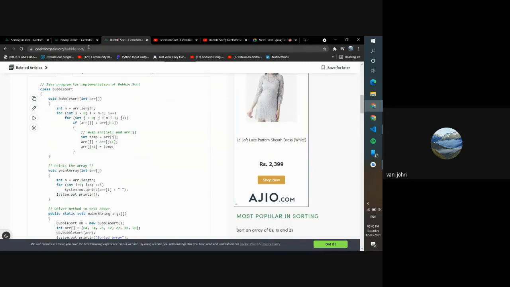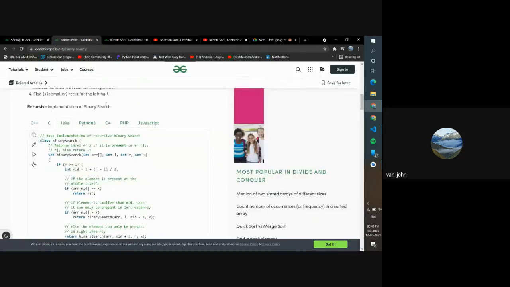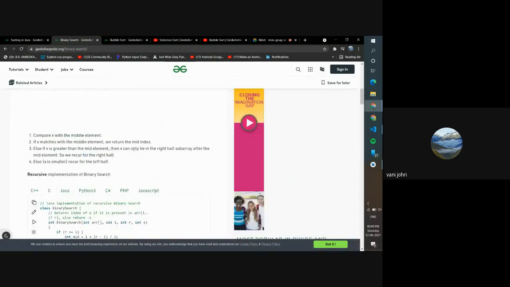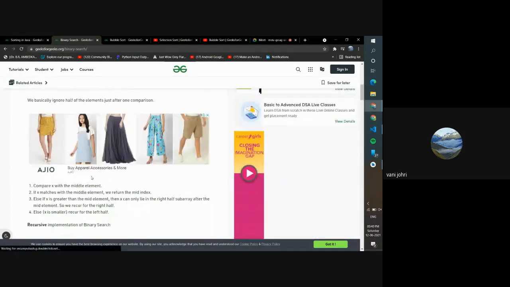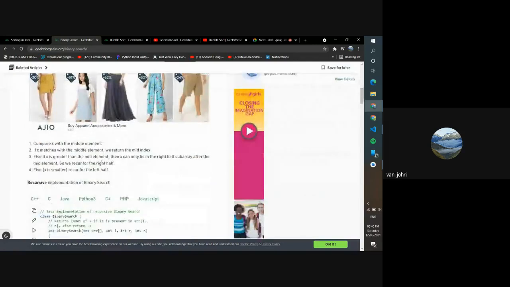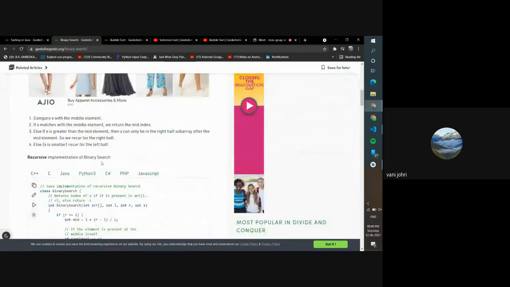Now, if you remember, yesterday we did searching, right? Now, this is another way of searching an array. Let's say you have a very big array. Taking an element and going through the whole array to find the one which matches will take a lot of time. Let's say you have thousands of elements. You have to go through thousands of elements to find that one element which matches. So that's too much time.